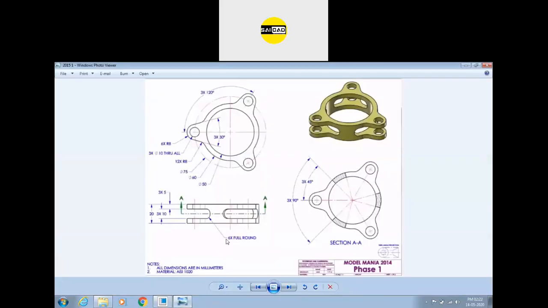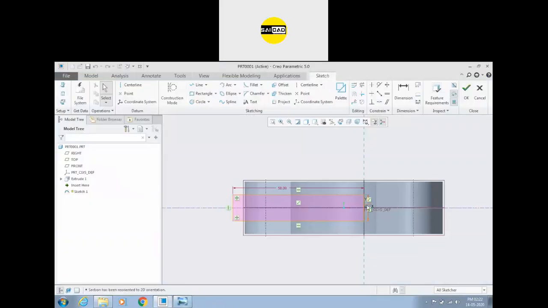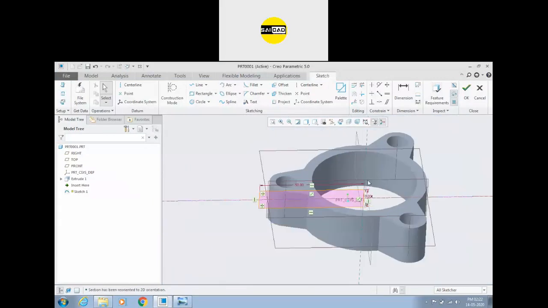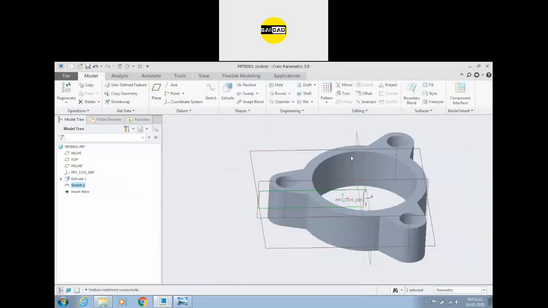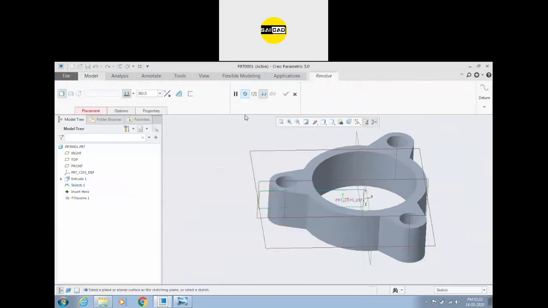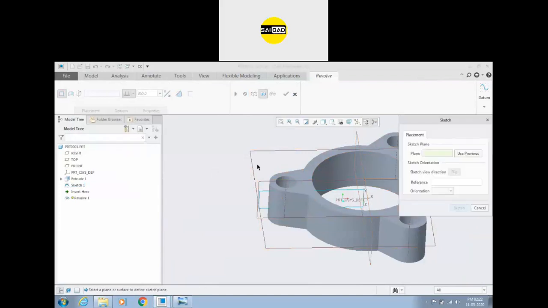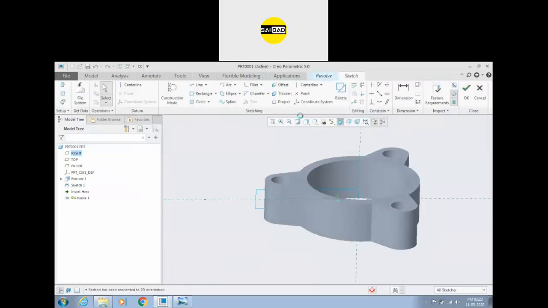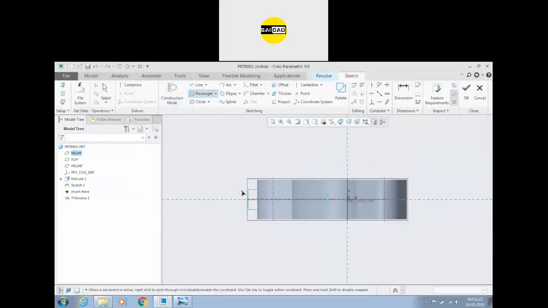Wait a minute, we need that cut height to be 10. We have the center, so we can revolve around this axis. I'm just going to check why it's not creating.